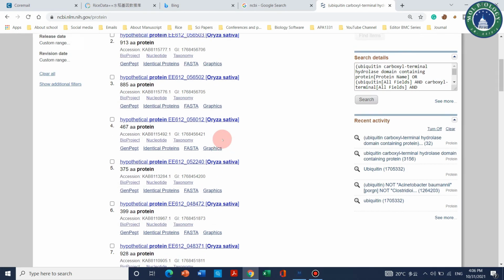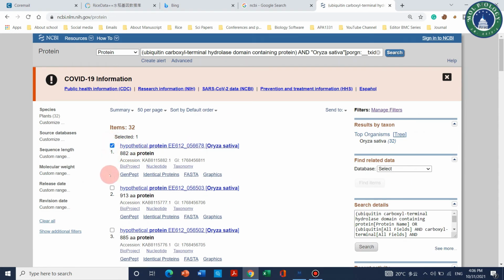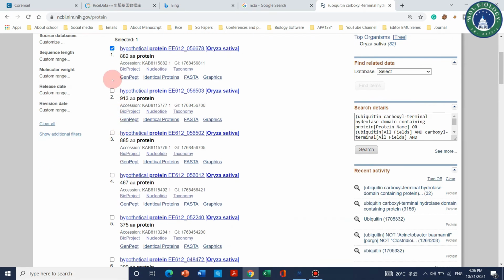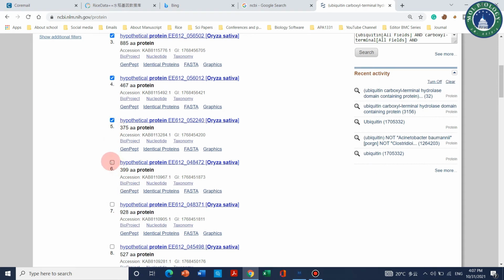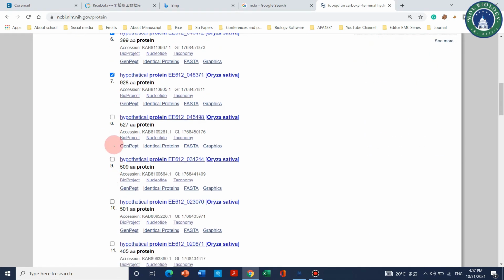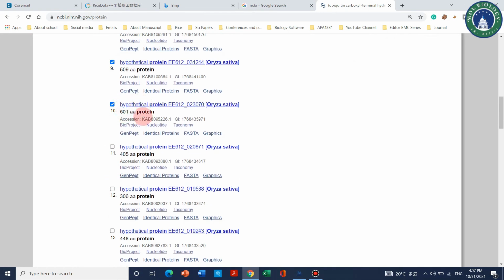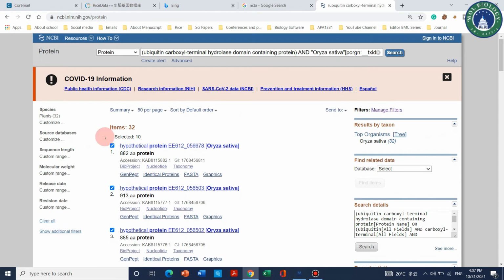Let's suppose we want to select all; you can go for your own choice. You can select many. In this example, we have just selected 10. Sometimes many students ask how they can download many sequences at once.